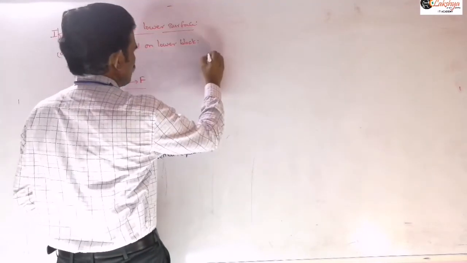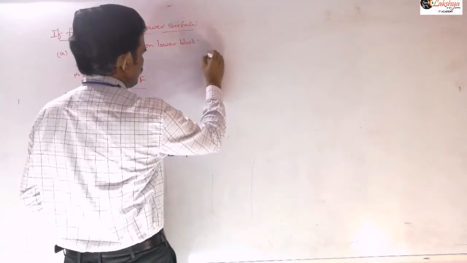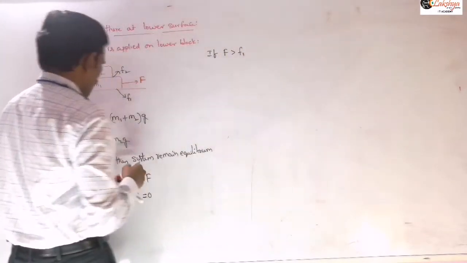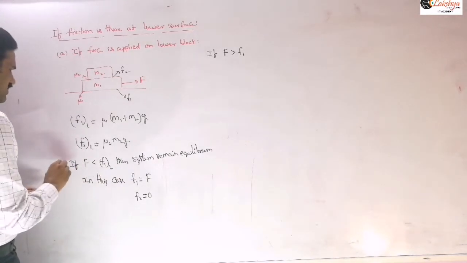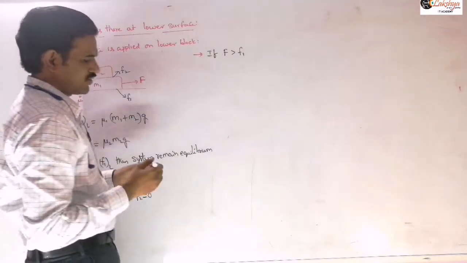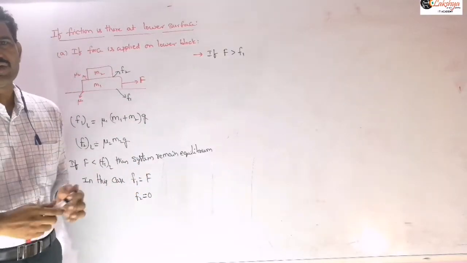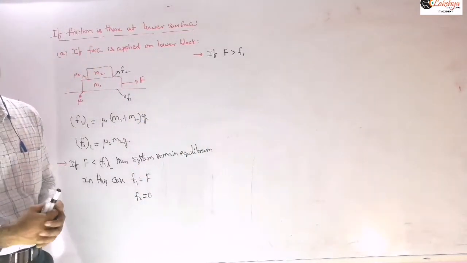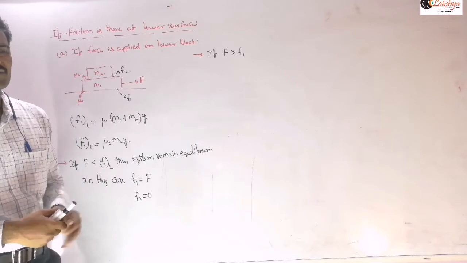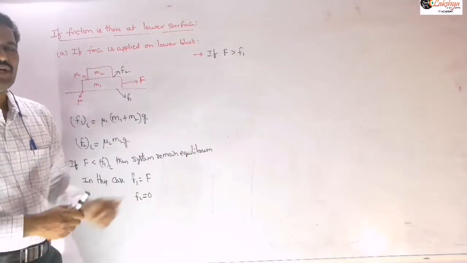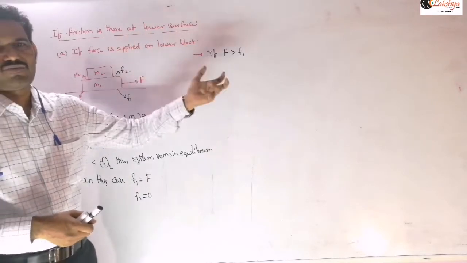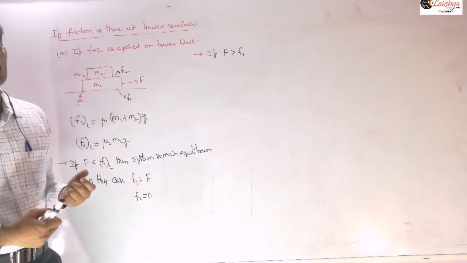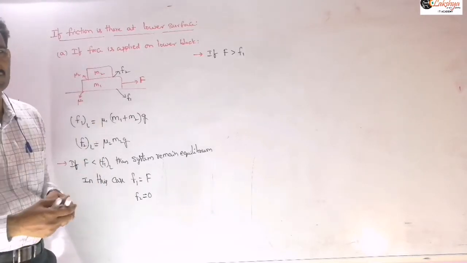Next, if F is greater than this F1, then again two possibilities may be there. That means the system may move with a common acceleration or they may move separately. That depends on those values. If the system is moving with common acceleration, we can write one equation, and if they are moving with different accelerations, then you can write the corresponding equations. Once the system is moving, it will be just similar to our first case in two block problems, when force is acting on the lower surface. The only difference is you need to consider the friction at the bottom surface also, right?